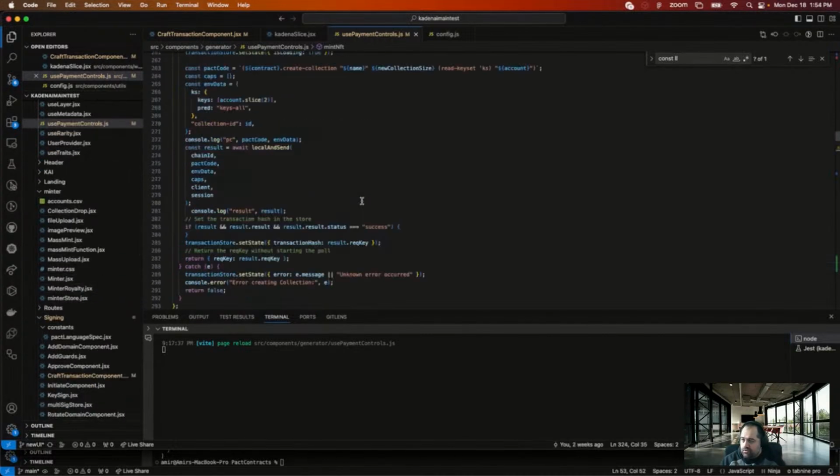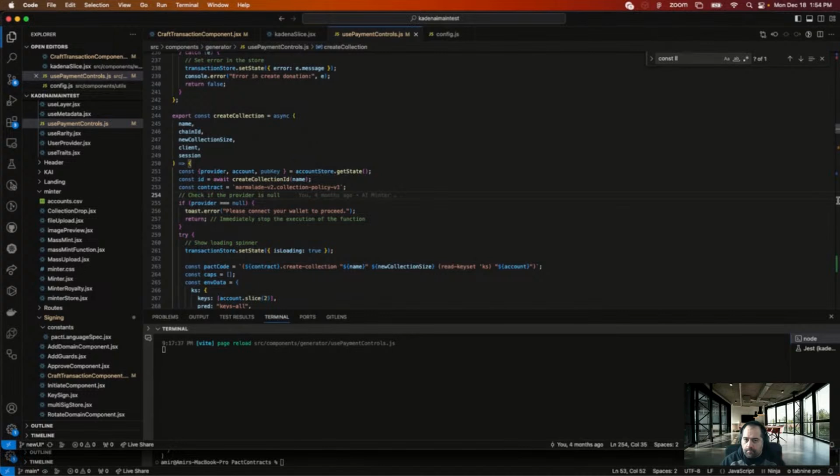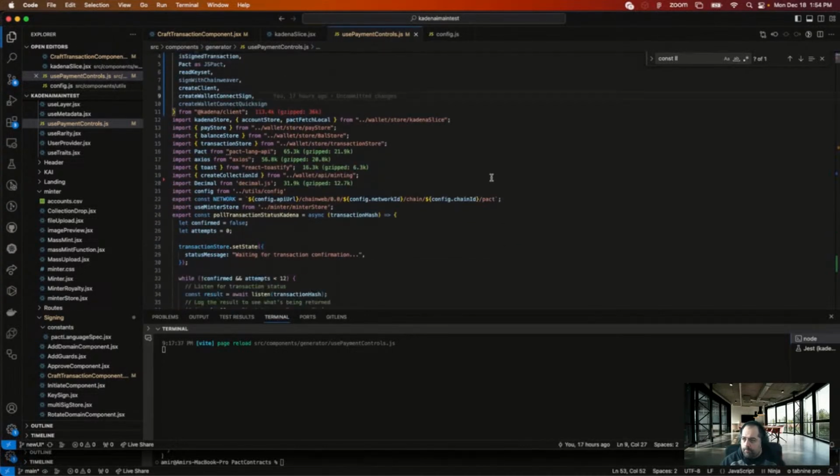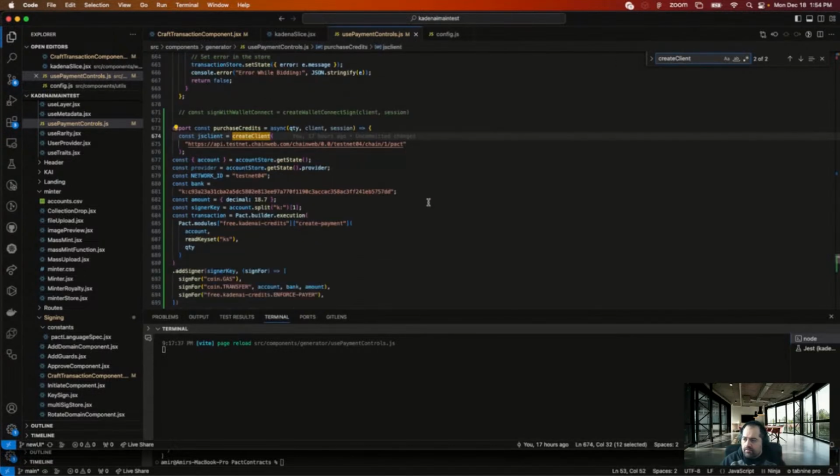Okay, so what did I call it? Create clients. Purchase credits. I already have a purchase credits function, so maybe I don't care about this.